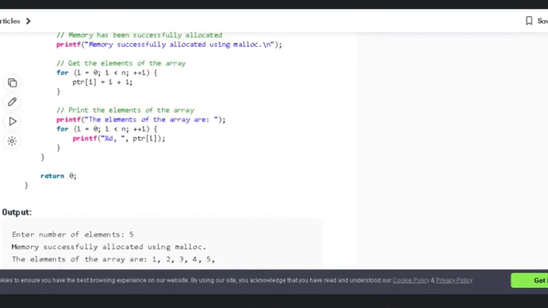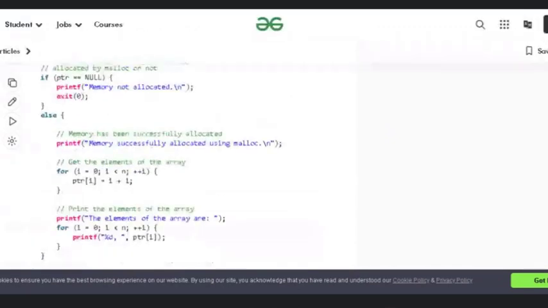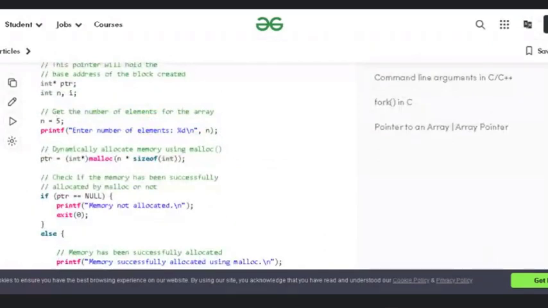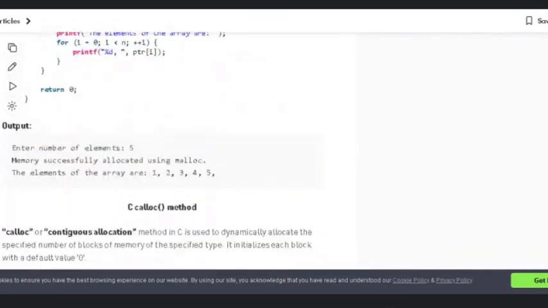You can see over here the number of elements is 5. You can see n is 5, so that statement is printed.